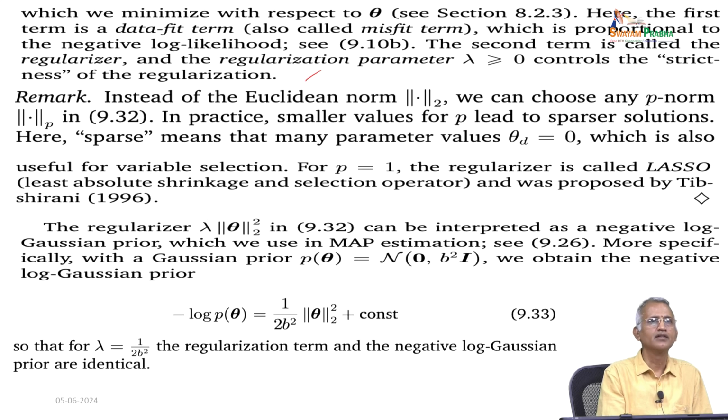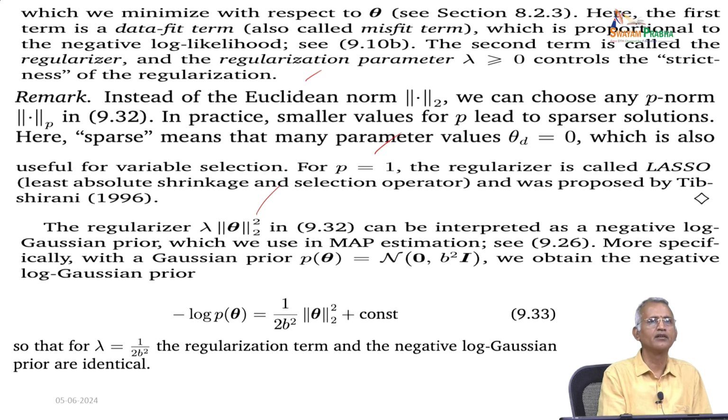Here, sparse means that many parameter values theta_d equal 0, which is also useful for variable selection. For p equal to 1, the regularizer is called the lasso, least absolute shrinkage and selection operator, and was proposed by Tibshirani. The regularizer lambda times norm of theta squared in equation 32 can be interpreted as a negative log Gaussian prior,